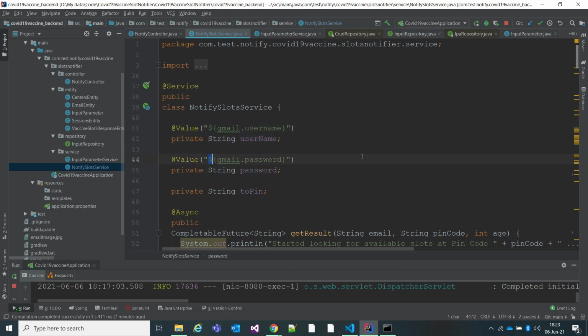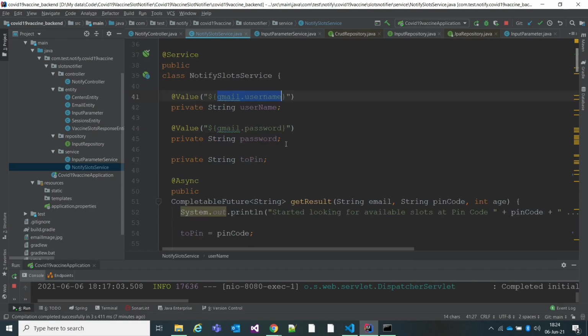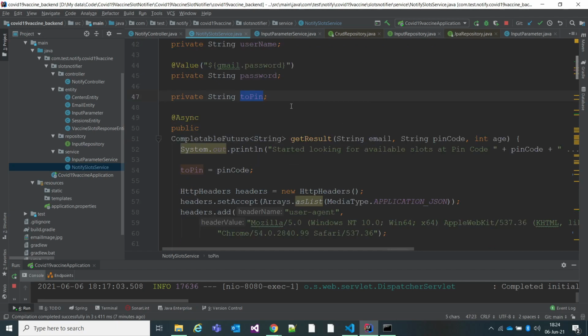This is the username and the password of the email you have provided. It will read the username and password from the application properties file, and two pin is another variable I have created. We'll see that. Basically, this is the main service where we are checking for the available slots and sending the email.